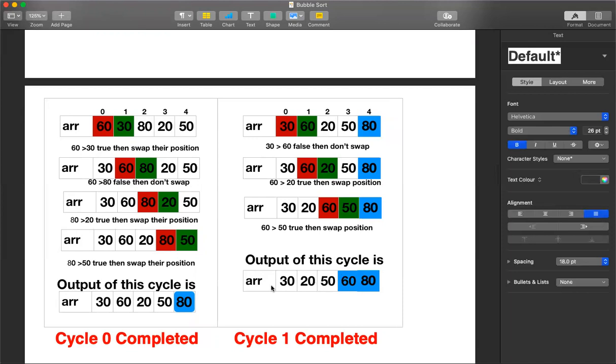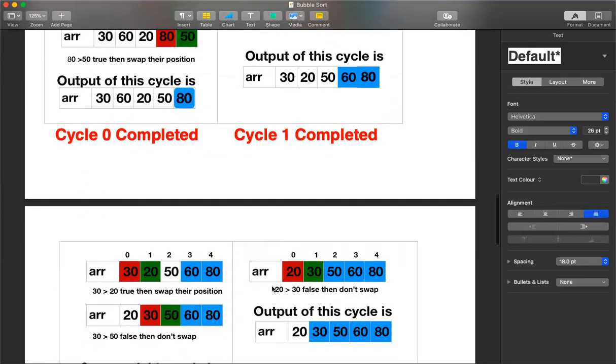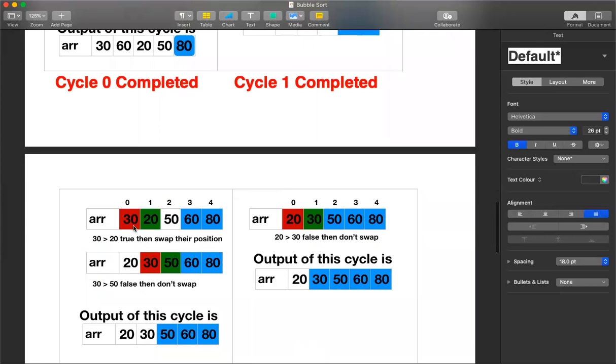Next you need to compare only three numbers. So again start with 30 and 20. Is 30 greater than 20? Yes, it is true. So you swap that. Then 30 is compared with 50. Is 30 greater than 50? No. So that means we got three numbers in their actual position. Now we need to compare only two numbers. In the next cycle you compare 20 with 30. Is 20 greater than 30? No. So leave it as it is. So now we got four numbers in their position, and the fifth number has no other numbers to be compared. So literally the fifth number has also fixed its position.